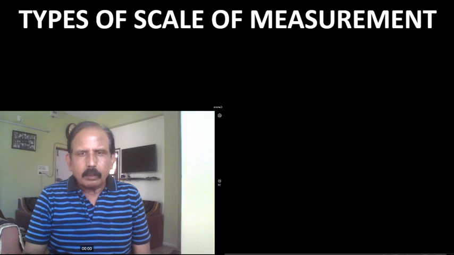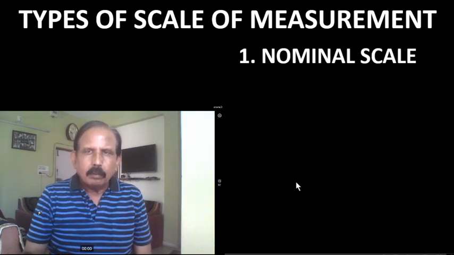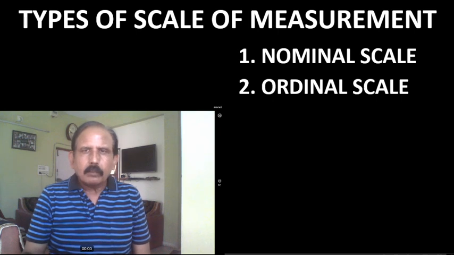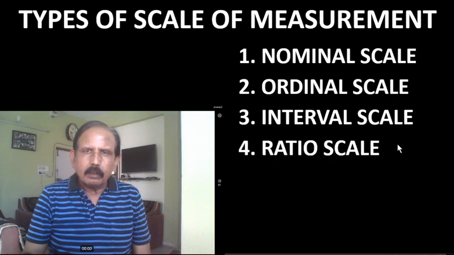First of all, we will understand the meaning of scales of measurement. In terms of research, we can say the scales of measurement are the ways of defining the numbers, variables, qualities, attributes, or the characteristics of the subjects under study. Four types of scales are used in research. Which are those? Let us see on the screen. As shown on the screen, the four types of scales are nominal, ordinal, interval, and ratio scale.